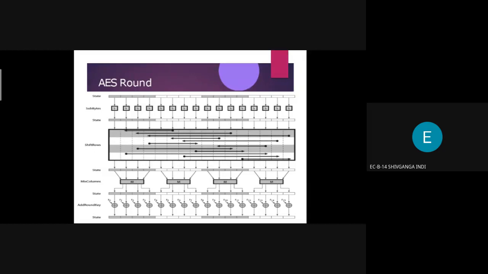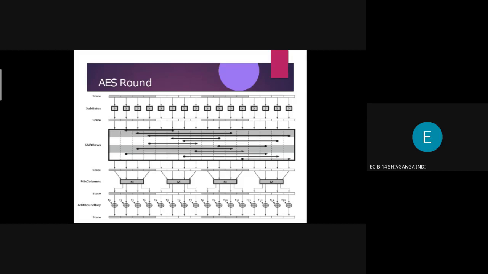Again, we have different rounds for the AES algorithm, and the number of rounds depends on the bit length. Here we can describe the AES round operation, that is, how we can perform the encryption by using an AES round. So we can take one particular round, and in each round we repeat this same process.